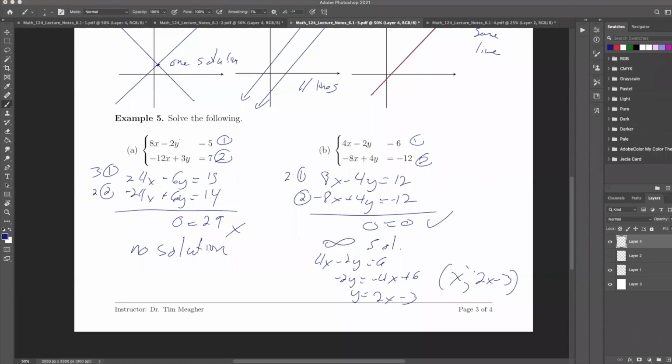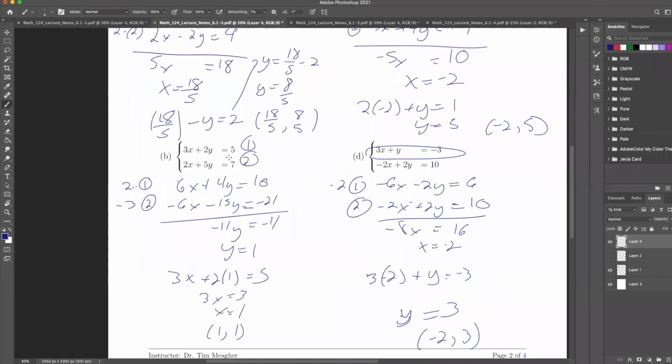All right, so let's graph this puppy. Stay on the page. So let's graph. Let's do this in the order that we've kind of seen it. So let's graph this one right here. And so here, if I graph these two lines,